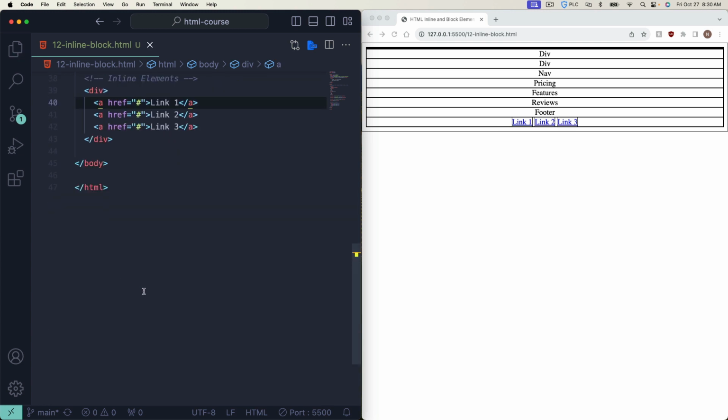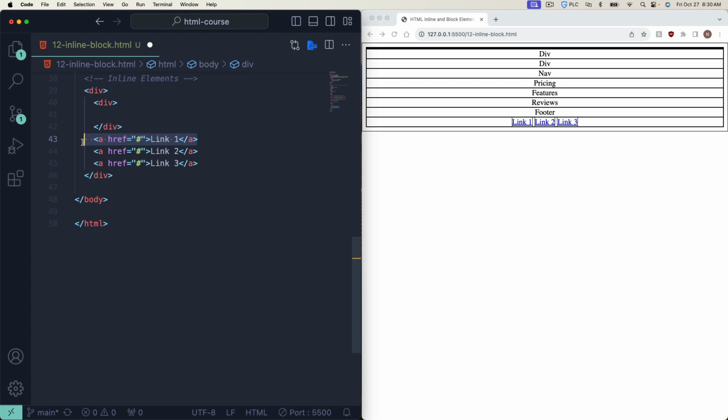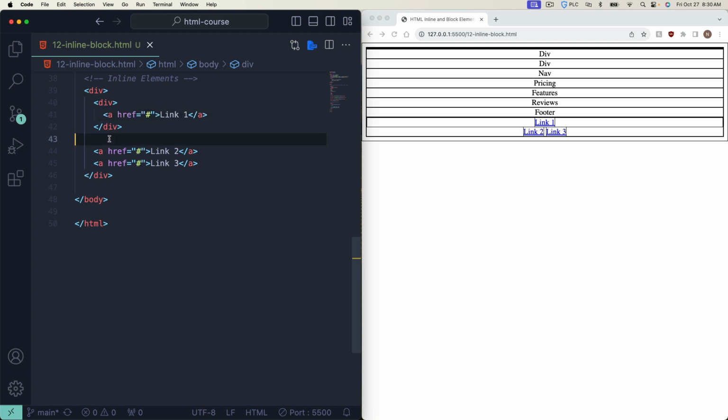Or you could even wrap it in its own div because a div is a block element, right? So watch this. You can also do it this way if you don't want to do CSS. Bam. Works the same way because now it's in a div, so it has to be stacked. The other most common one